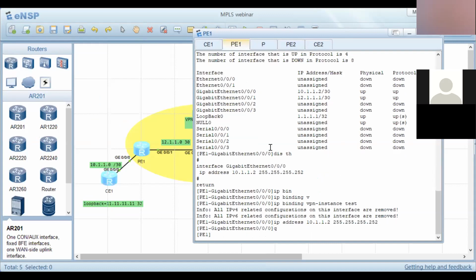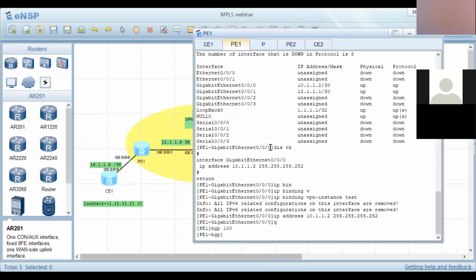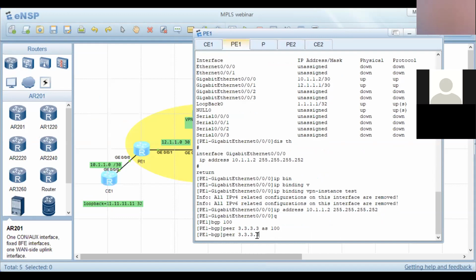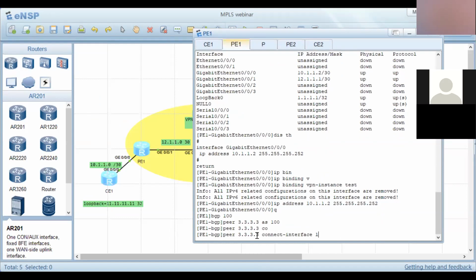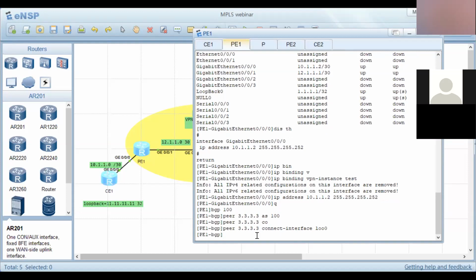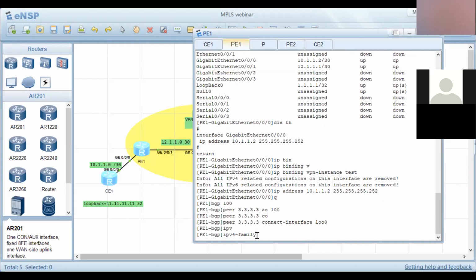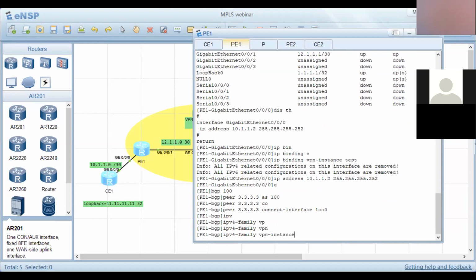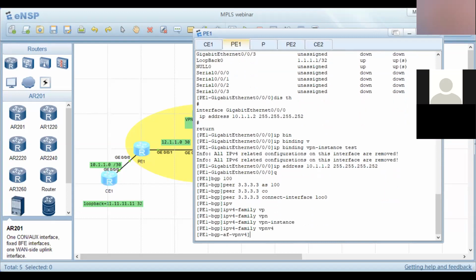Then after we configure the binding, the final step is configuring the MP-IBGP between this PE1 and PE2. So let's do this. The BGP 100, the AS is 100 for the provider's network. So we'll do the peering like this. This one is the loopback address of the PE2, and we'll connect using the loopback 0 interface. And as I illustrated in the slide, we'll convert this